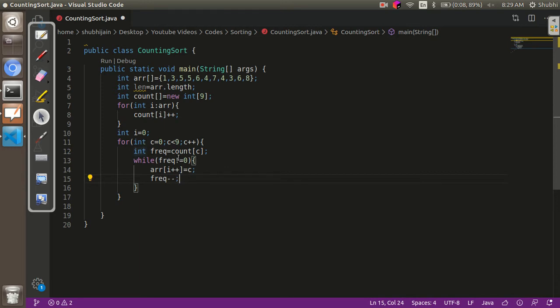Now instead of having a variable, you can also write count[C] over here directly. It is just in order to give you a better understanding.